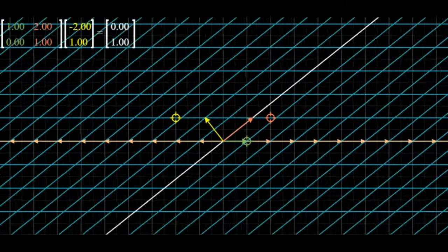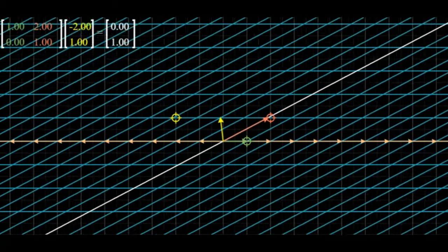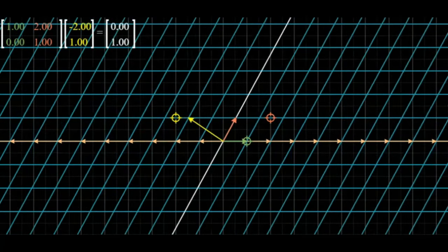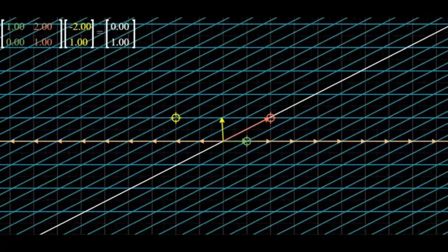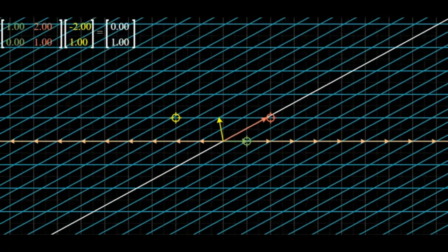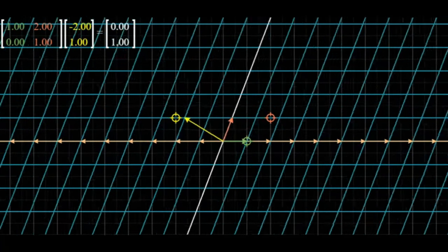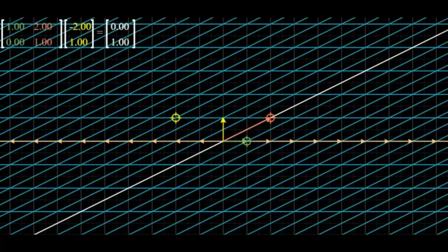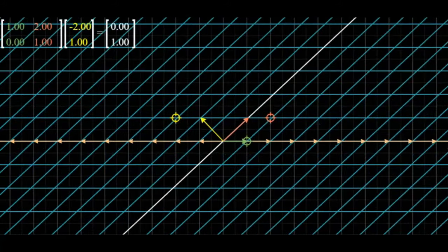And every other point in the plane we can see is having its direction changed. So, of course, our only eigenvalue is 1 in this case. Every other vector that is not in that eigenspace changes its direction. And since we don't have enough linearly independent vectors to make an eigenbasis, this shear is not diagonalizable.